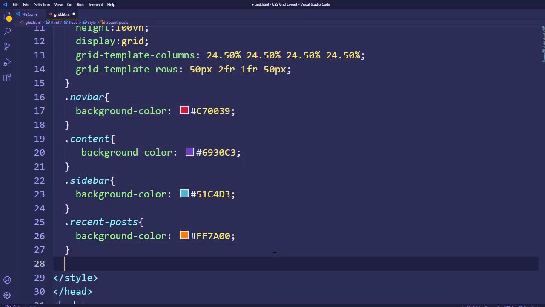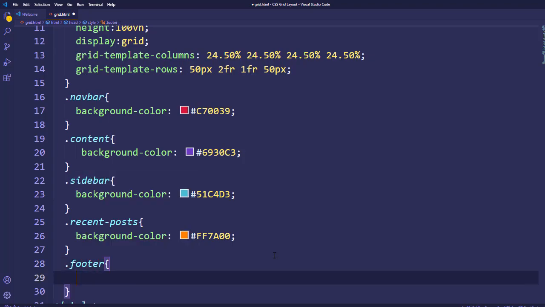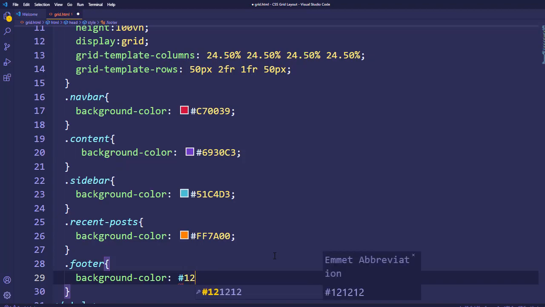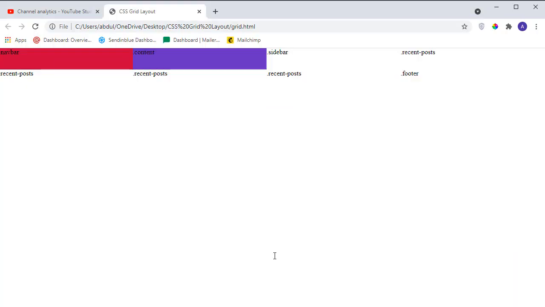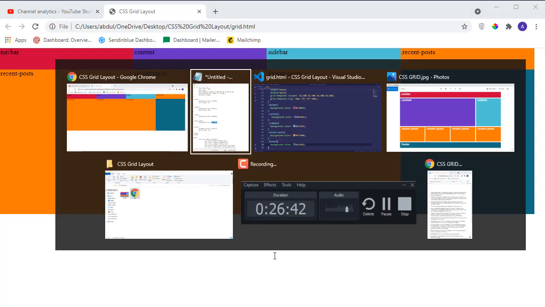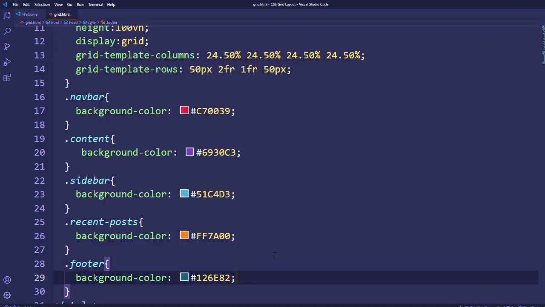The last thing is footer, so I will say dot footer, and the background color for the footer will be 126E82. So if I go back in the browser and show you the output, this is what we have for now.